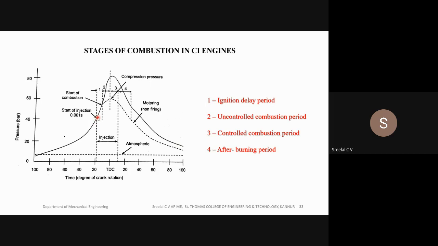Okay, so here what happened? Here the compressed air is there. From here the compression of the air in the combustion chamber is happening. So at the start of ignition, the fuel will be injected. First there must be air, like this. Air will be there, and here the injection of fuel takes place. So here you have to understand that